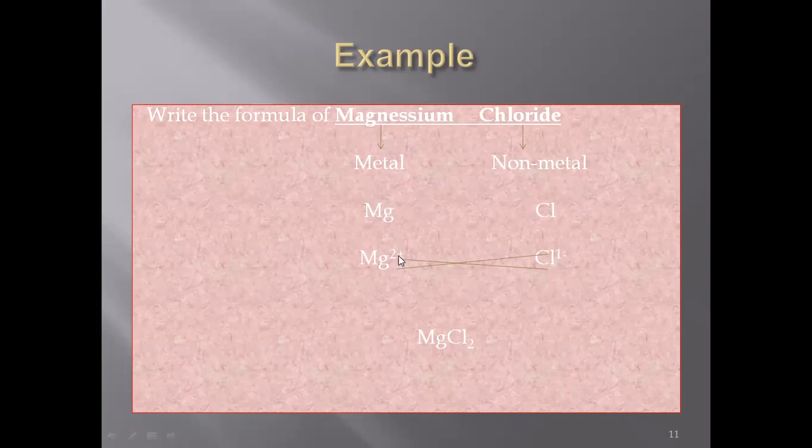In the next step, you will write down the charge on the symbol, that is, Mg has 2 plus charge. Put 2 plus on it. You will find it from the periodic table, as magnesium belongs to group 2, so it has 2 plus charge. And it is a metal, that's why it has a positive charge. Chlorine belongs to group number 7. It is a non-metal. It has 7 electrons in its last shell, so it will gain 1 electron, and finally it has charge 1 minus. Just cross over the numbers, cross over the values 2 and 1. 2 will come along chlorine and 1 will come with the magnesium, and the final formula will become MgCl2.